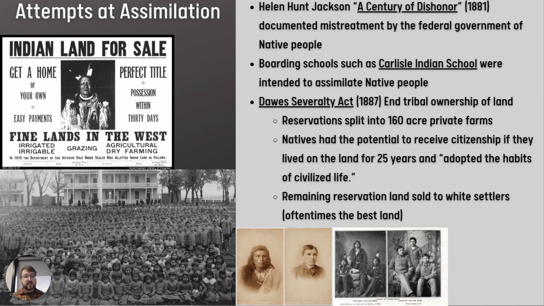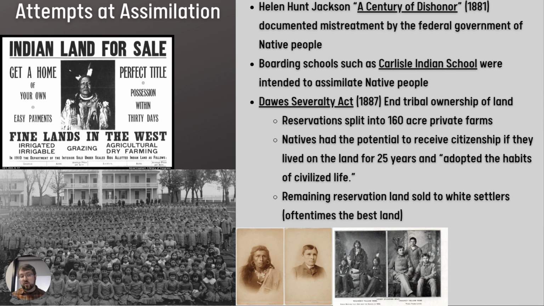And the product of that time meant, well, we need to save these Native Americans because they're dying and they're losing what they had. So this is what we're going to do. We're going to make them like us. And so you have this process of assimilation that they want to have done. And the first thing is remove this tribal identity. So get rid of the tribes, no longer exist. Let's break up the reservation land, and Native Americans can farm the land just like the white settlers can.